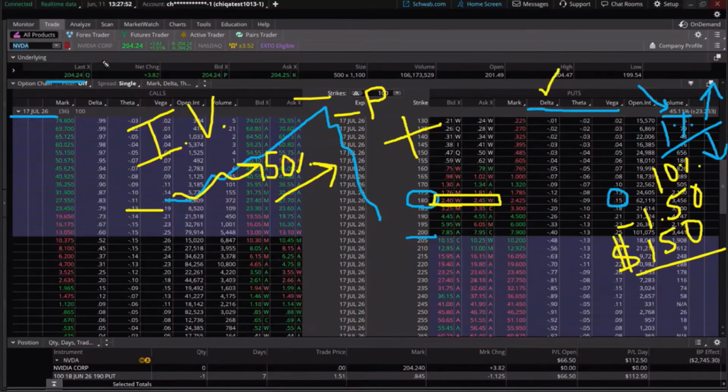The delta will change the option range here. It influences it by a $1 increase in the underlying stock. So if the stock goes up $1, the delta will influence the bid and ask range by the delta amount. Notice this has a minus sign over here. So if our underlying goes up, we know that the put side will drop. Puts are inversely correlated to calls and the price of the stock going higher.